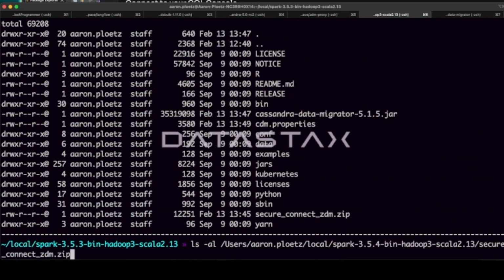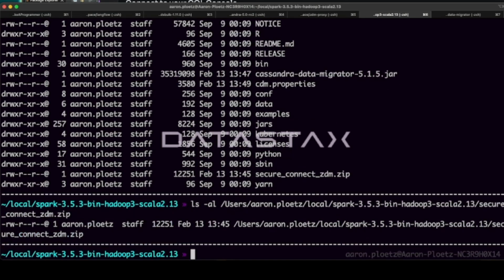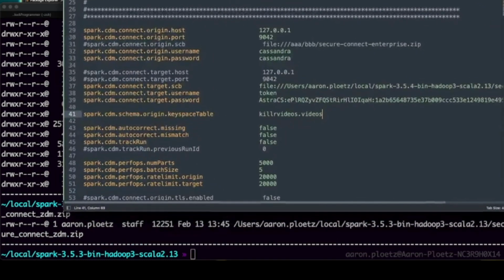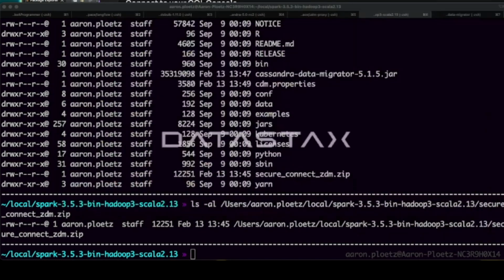Yeah, that legit does not exist. Huh. Oh, I had the wrong version number on the Spark directory. There we go. Okay. Let's edit that in our CDM properties file, 3.5.3, and save.